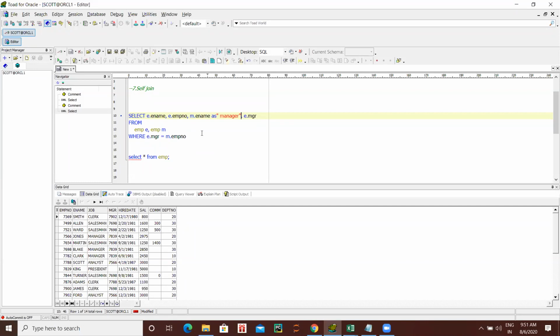In this MGR column, all manager IDs are there. In this employee table, one is manager ID and the other is employee ID. That means a manager is also an employee, right? So from here you can find out who is whose manager.